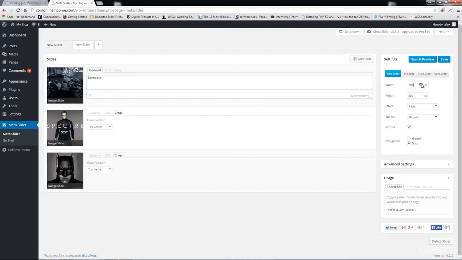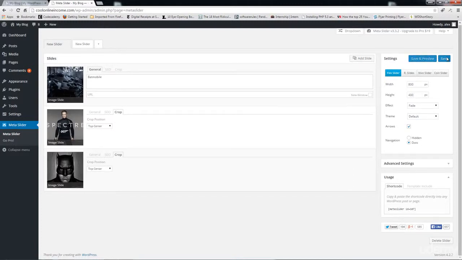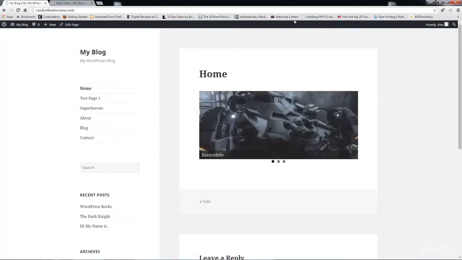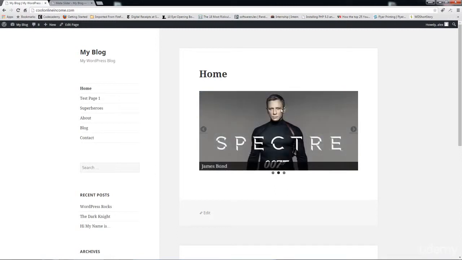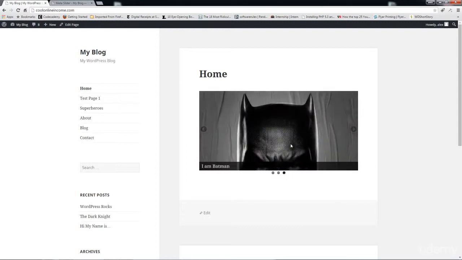And let me even increase the width as well to maybe 800 pixels. Okay, 800. Let's make this 400. Click on save. Let's come back here and refresh. And okay, now this is looking better. It's much wider now. And let's see, now we have his full face, as you can see, Spectre. And now we have, oh, well, this image isn't properly cropped. But anyway, that's just about how you can display